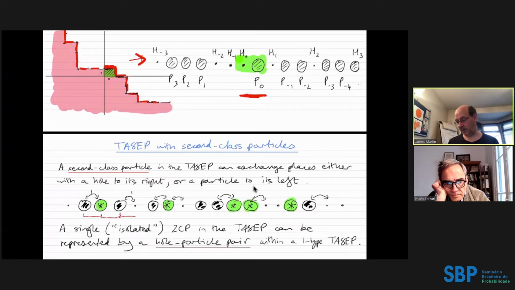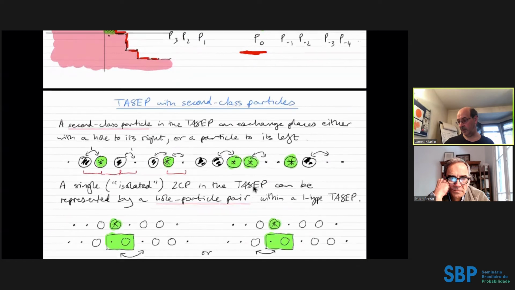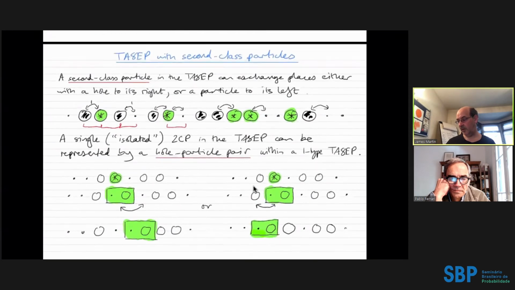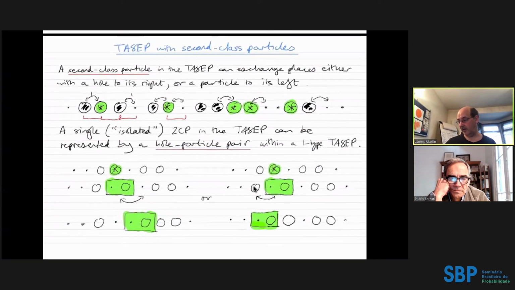Here we've just got a particle and a hole, that's normal. Okay, and so here we've got a second-class particle that can exchange places with a hole to the right. And we're going to look in particular at systems with a single second-class particle in them, so just one, an isolated second-class particle. And there's a very beautiful idea which comes, again, from Pablo and Leandro,